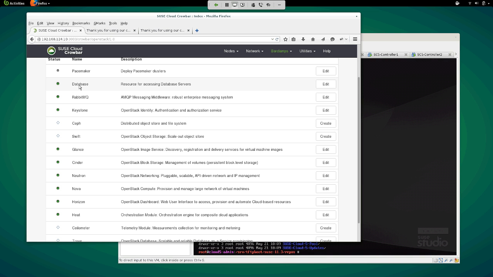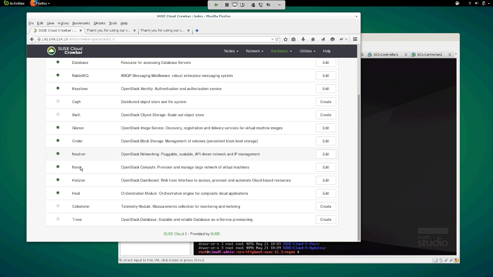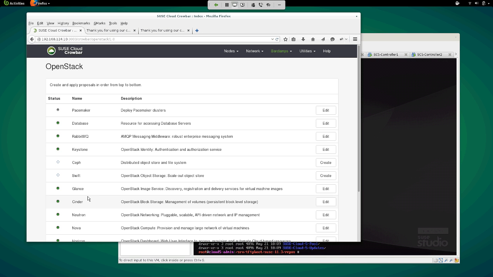The database has been deployed, RabbitMQ has been deployed, Keystone's been deployed, Glance, Cinder, Neutron, Nova, Horizon, Heat. Ceilometer and Trove are not deployed, although we could automate those as well. I selected to install a simple cloud stack, so it's very limited on its functionality at the moment.